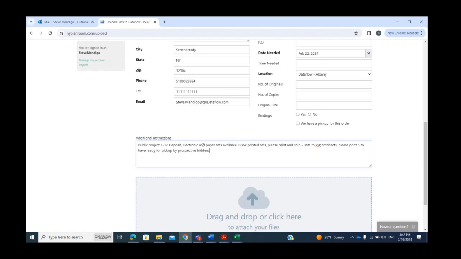So obviously, us as a printer, we can't change content of stamped bid sets designed by an architect or an engineer, but we can certainly make you aware that we notice that there is this discrepancy here. The table of contents doesn't match, or there's content missing, whatever the case may be. And if it's a situation where we don't hear back from you in time, do you want us to go ahead and publish that project and then proceed with an addendum, or do you want us to wait for the response? So that's a very important one. So I'm going to say,